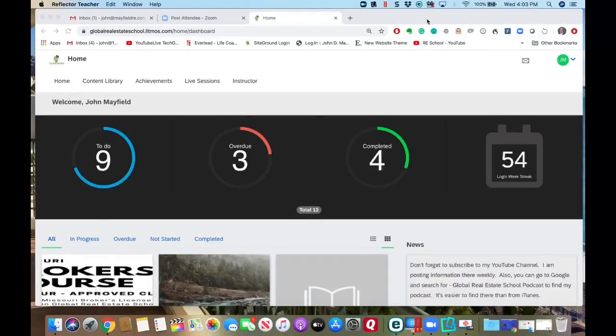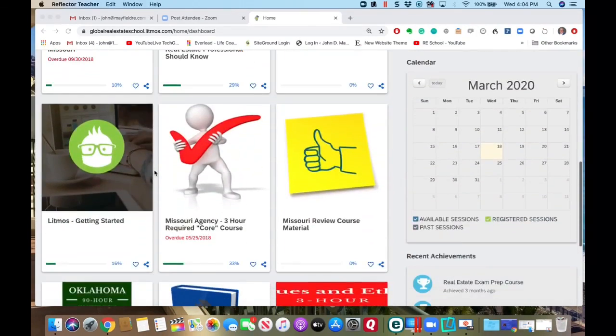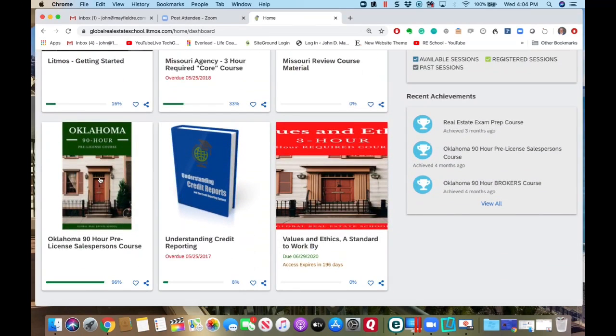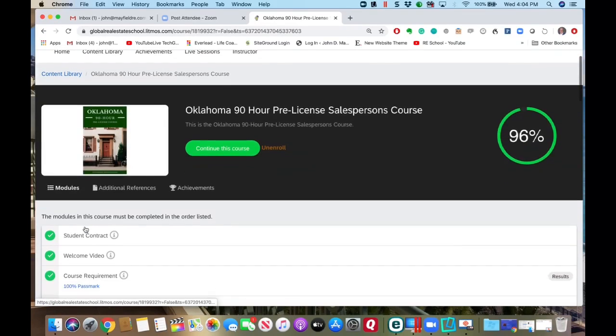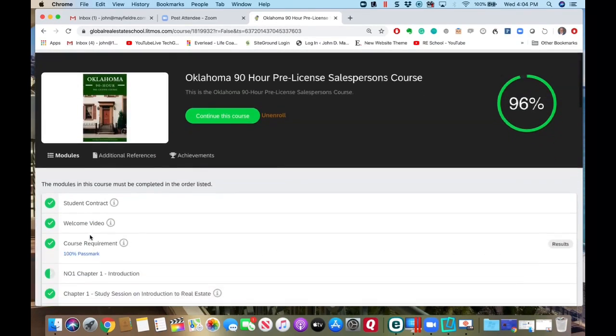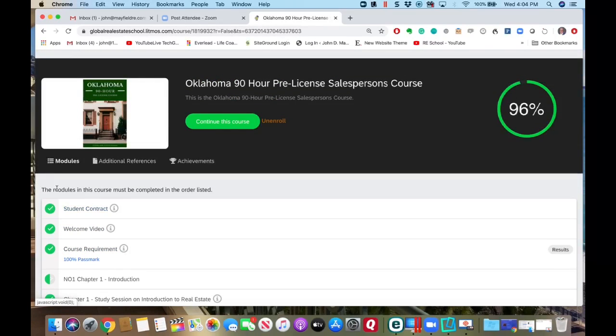There might be a little bit of a delay. However, I'm going to show you something really cool here. This is for Global Real Estate School students, so keep this in mind. Anyone can purchase this. It's a $97 value, but it's included with your tuition. But if you go out to your course library, let's just say the Oklahoma exam, it's kind of odd the way they have this here, but for some reason